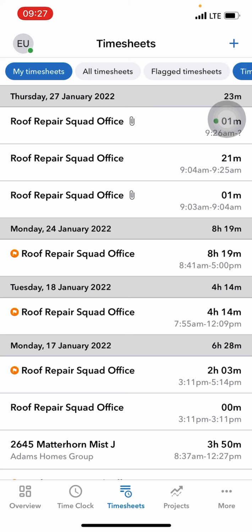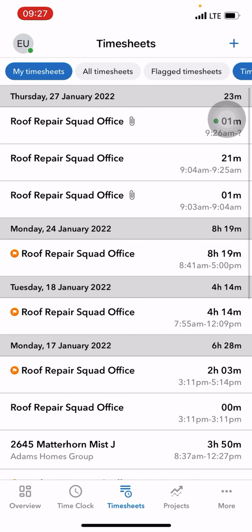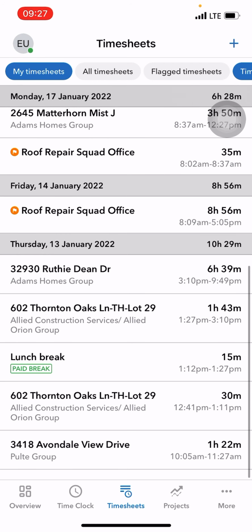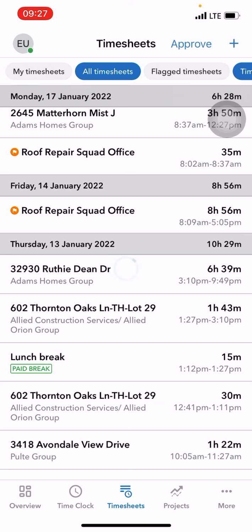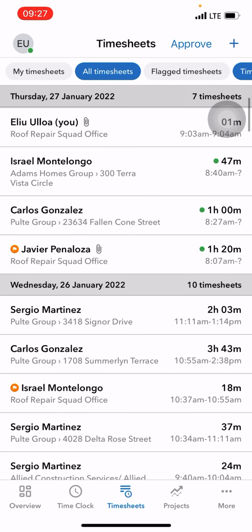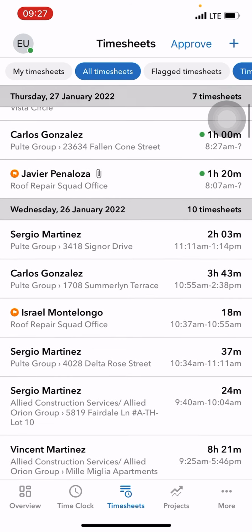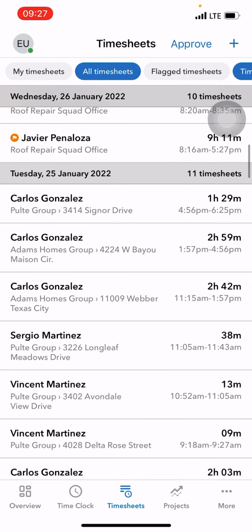So when you click on the timesheets, you can see all the logs that you have done, you at the office or you at certain projects as a runner, as a project manager, even the lunch break, which is a paid break. And you can take a look at all timesheets from your workers. For example, today I was logging 2 times at the office, Israel at the Adams Homes Group, Carlos at the Pulte Group, etc. And then you can take a look at each one of your workers'